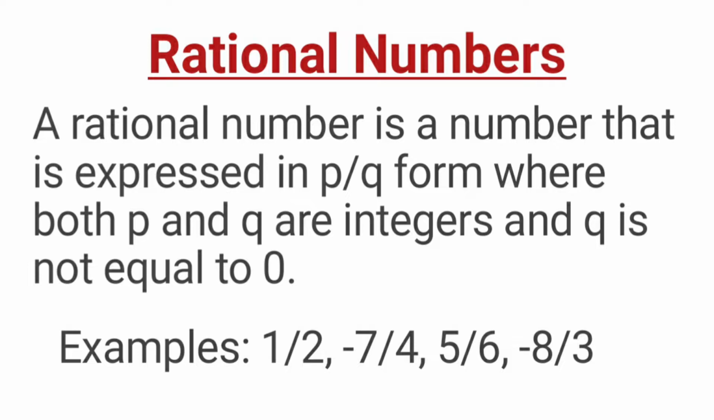Both p and q should be integers and the denominator, that is q, is not equal to 0. The denominator should not be equal to 0. Some examples of rational numbers are 1 upon 2, minus 7 upon 4, 5 upon 6, minus 8 upon 3,